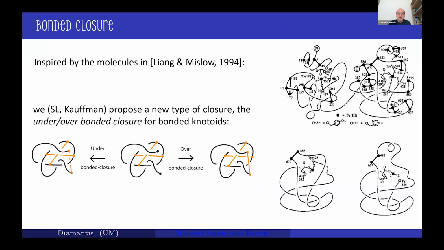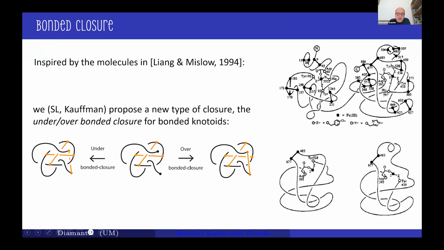And we proposed also a very interesting type of closure, how to close a bonded notoid. We call it the bonded closure, as you can see here, which is again something completely new. We connect the two endpoints, but not with a classical arc. We connect it with a bond, and this was actually inspired by